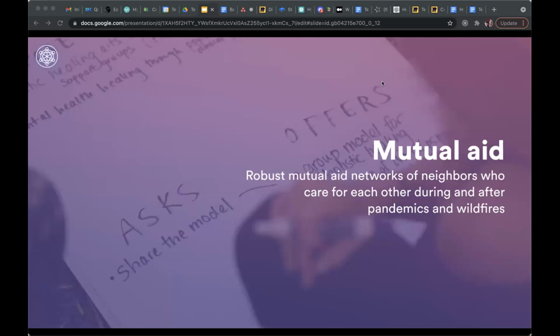Peer-to-peer organizing and peer-to-peer aid has been how we have thrived as humans for hundreds of thousands of years. And at this point in history, having a tech tool that can help us meet each other's needs can be a really powerful way for us to care for each other. And this is both everyday needs, like, oh, my plum tree has too many plums, come take the extra plums. But also, I've just suffered a wildfire and I need help cleaning up my property. Can people help me come and